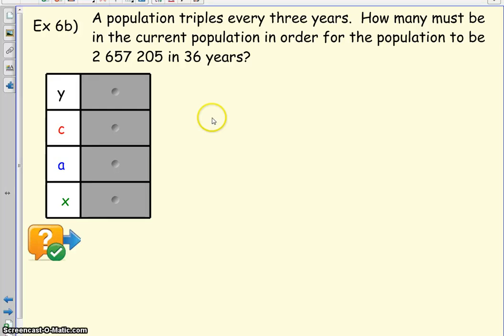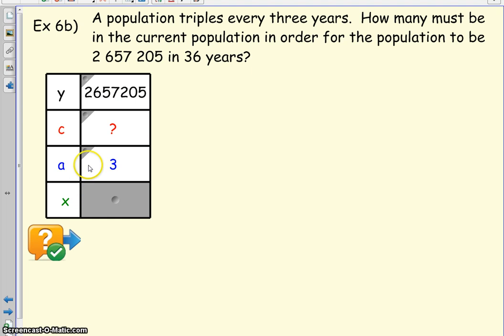Okay, welcome back to the last part of this lesson. So again, I asked you to take a look at this one where you have a population tripling every 3 years. How much must be in the current population for the population to grow to 2,657,205 in 36 years? So again, in terms of what we know here, we know if it's tripling, our base should be 3. We don't know what's in the current population, so our C is unknown. We need it to grow to that